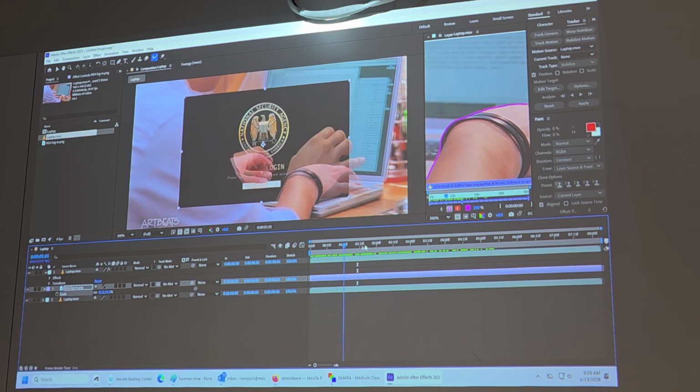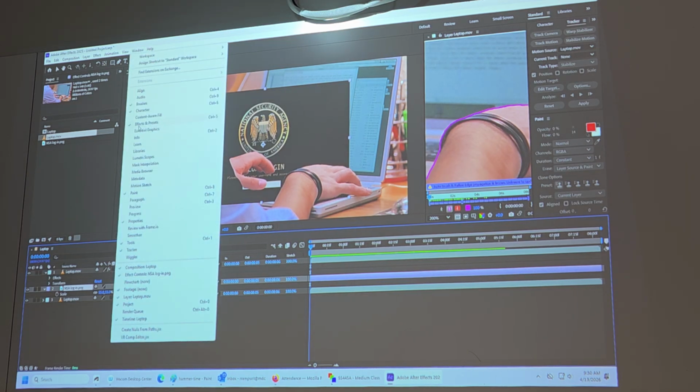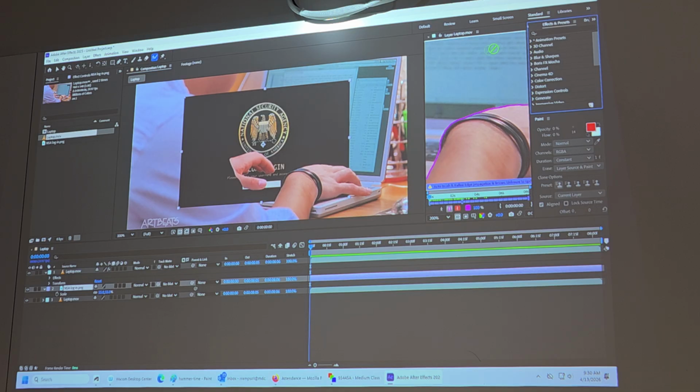And then what about this laptop? We can't just set it right here. That doesn't look right. This new splash screen, right? So one of the things we can do with that is a thing called corner pin. So if we go into our effects and presets window here, right? If I type in corner pin, we get this nice